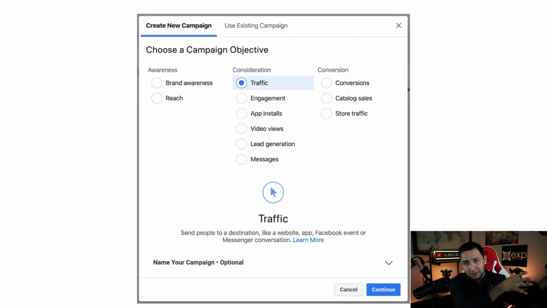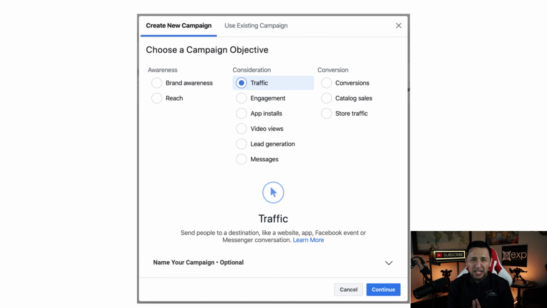Now I just want to advance you to the point where you're set up structurally correctly. In the description, you're going to see all the various campaign objectives that you can launch. I've covered every single one of these videos, possibly with the exception of app installs, but everything else I've done a good job of covering. That's generally where I started my videos, on choosing an objective and going from there. But now you're ready to go. If you want to run a traffic campaign, you can. Lead generation campaign, you can. Conversions campaign, you can. So make sure that you take advantage of what's in the description, and also search through the channel and you're going to find what you need.